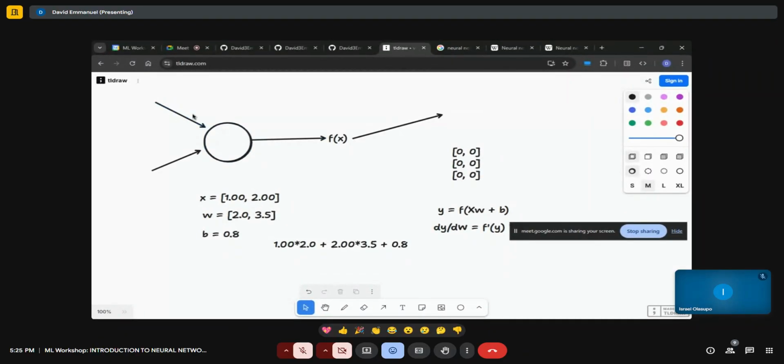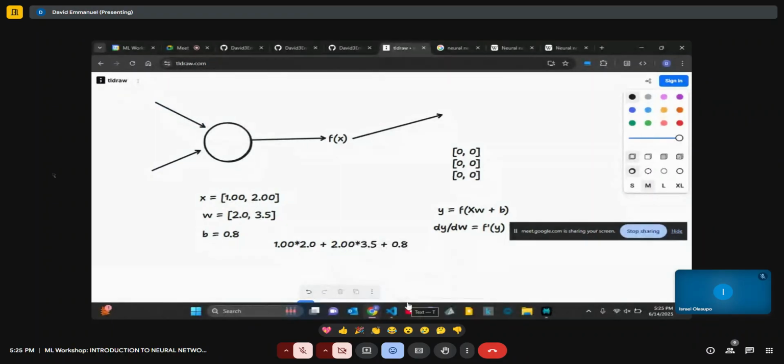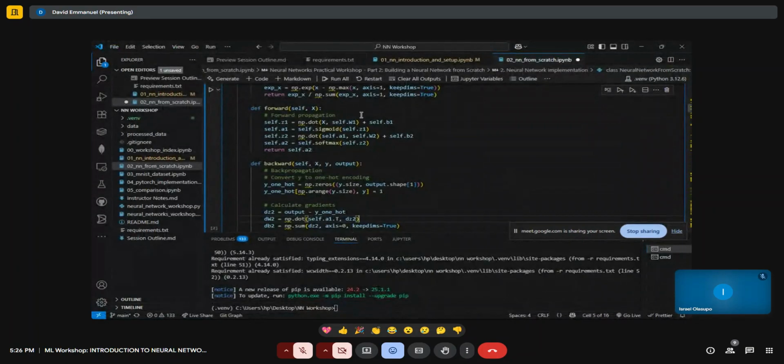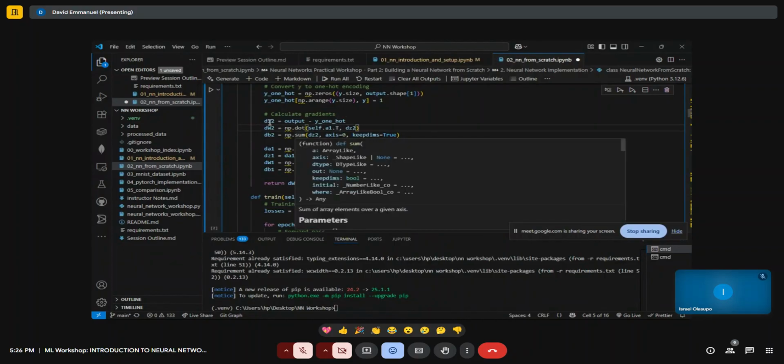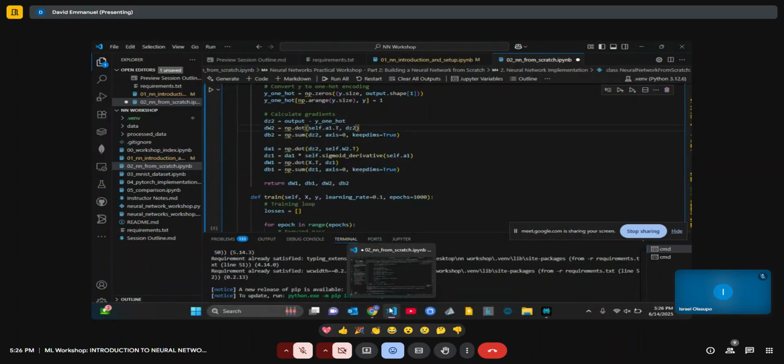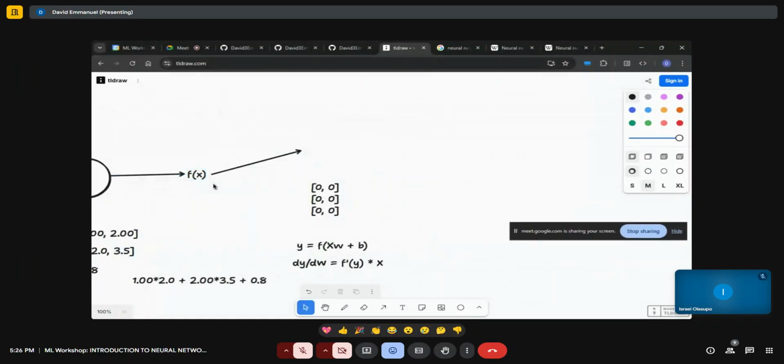A1 is the, so hold on. Our input is going to our hidden layer, which I'm calling layer one. A1 is the final output of the hidden layer. A2 is the output of the output layer. So we are taking that A1, transposing it and multiplying it with the error. For the outputs, we are using softmax, but